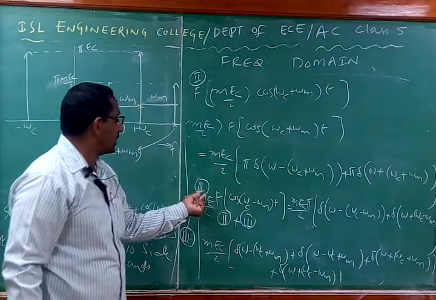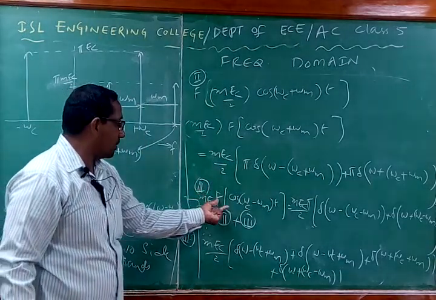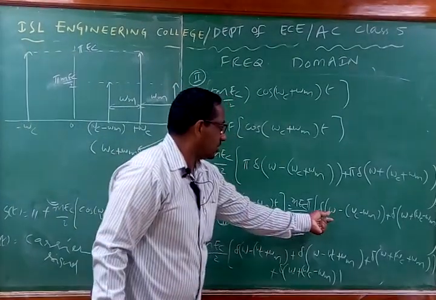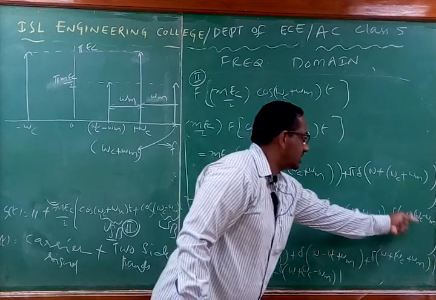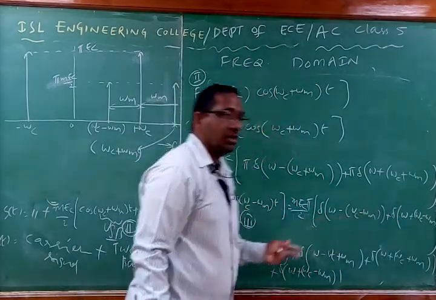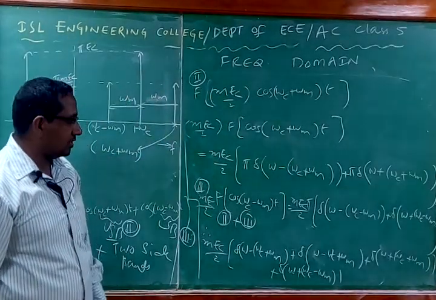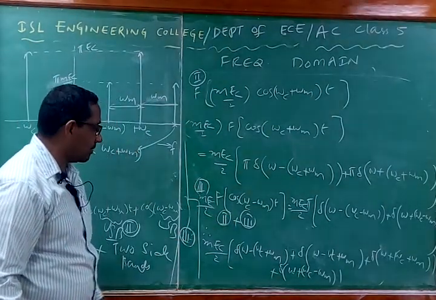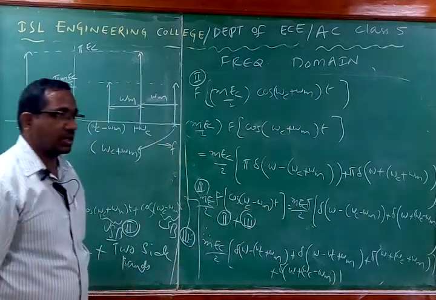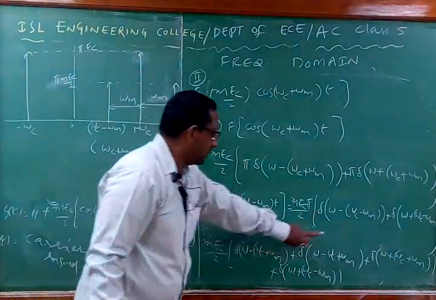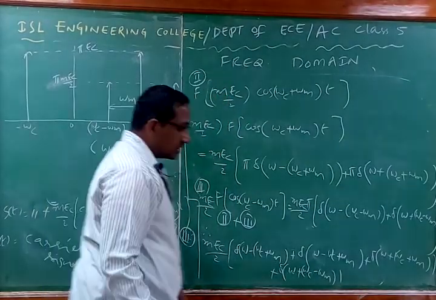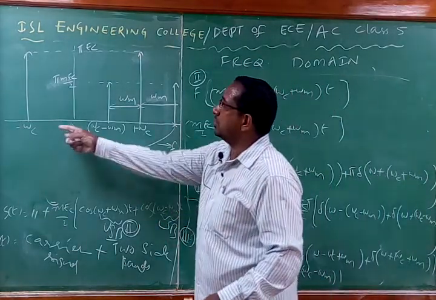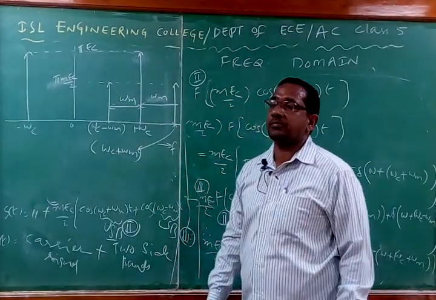Next, similarly for term number 3, the lower sideband frequency, we apply the Fourier transform. Then we get the spectrum on the right side of the 0 axis and the left side of the 0 axis. Once again we get the impulse response of the carrier signal. Now when you combine terms 2 and 3, we get the entire spectrum. That means we will have 4 impulse signals. How can I represent these 4 impulse signals in the frequency domain? This is the frequency response, the frequency spectrum, that we are drawing.